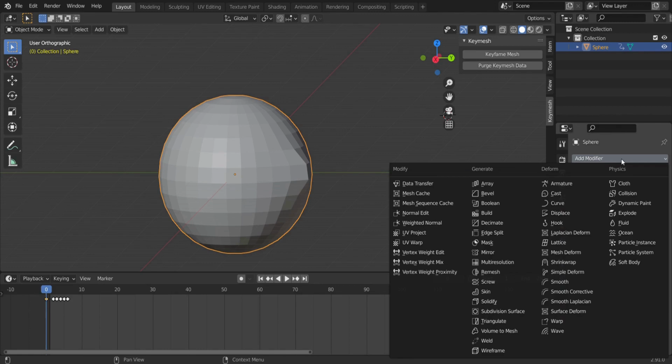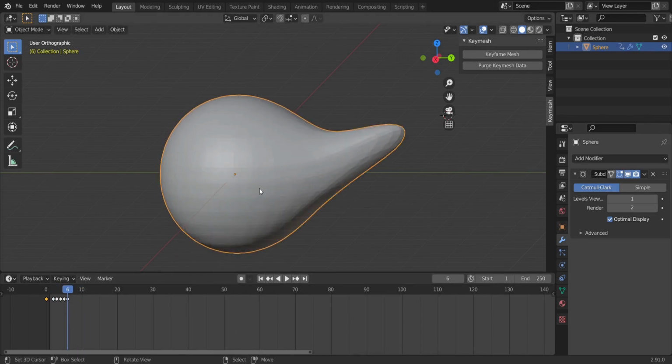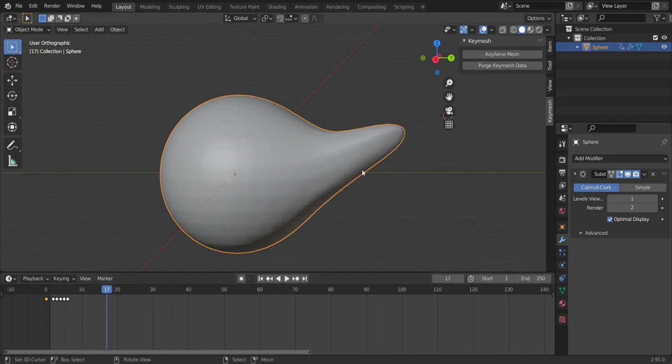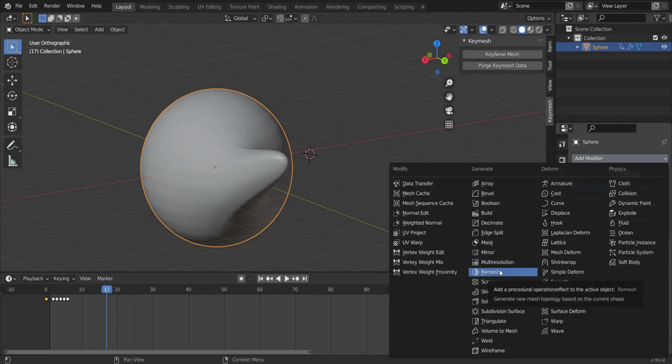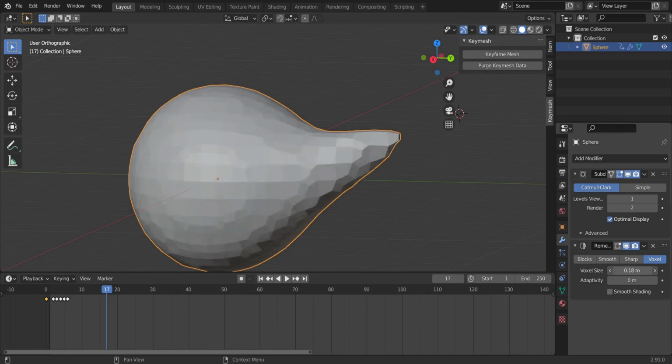After you animate several frames, you can go to modifiers and add any modifiers to your object. Try modifiers like the Remesh modifier and you can create different effects.